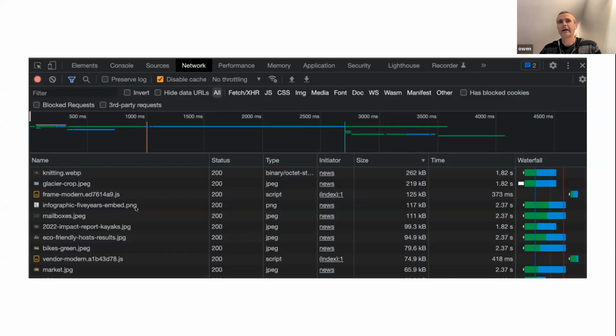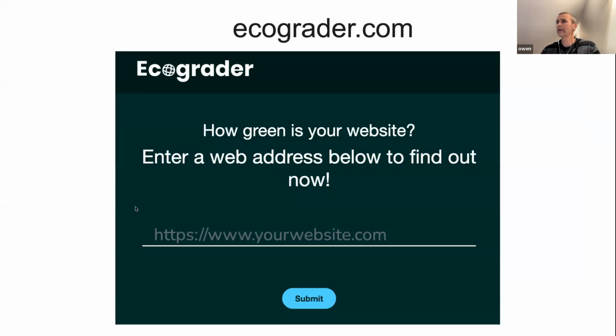Are we stripping out unneeded JavaScript? Are we doing tree shaking for our script or CSS includes? So that provides the basis for a lot of work that developers can do in order to start to reduce that footprint. So this is a screenshot from DevTools. That's kind of what I've been using as the basis for this, because it does provide granular data. But there are some tools that you can try out yourself.